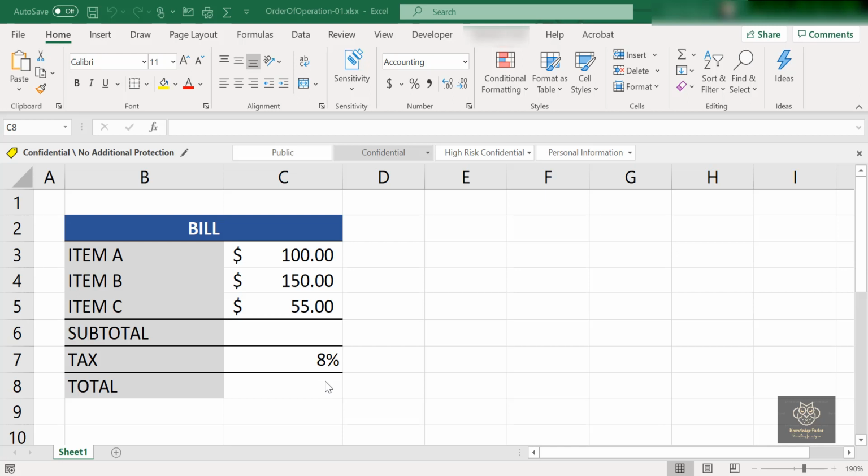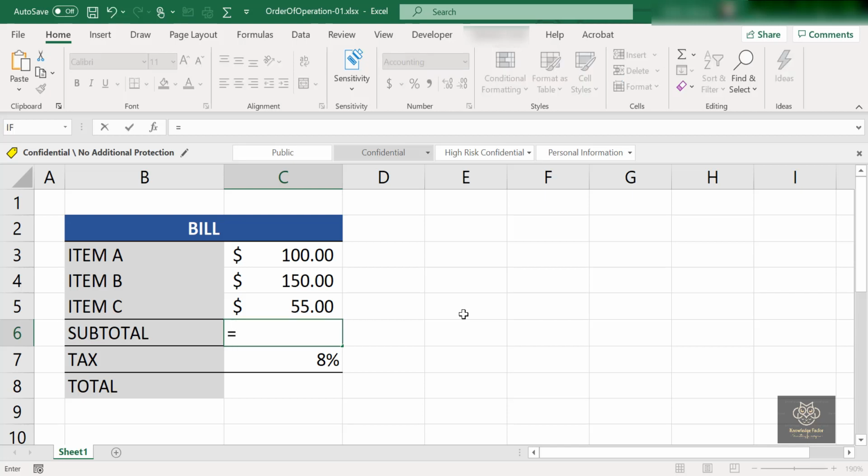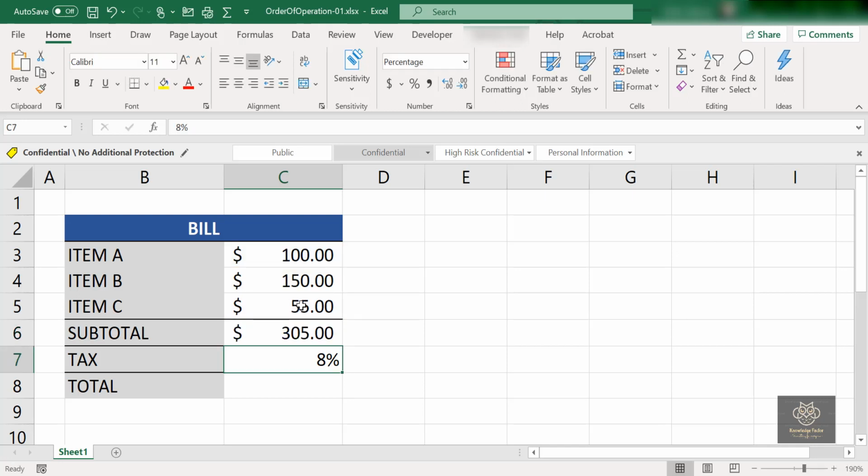So how do we go about completing this? Well, what if I hop into cell C6 and just do some basic arithmetic? I'm going to do some addition here, so I may say equals. We got that right, equals, because we are writing a formula. Then let's say this cell plus this cell plus this cell. Hit my enter key. We got our $305 worth of those three items.